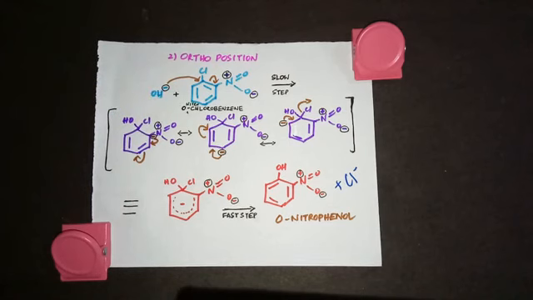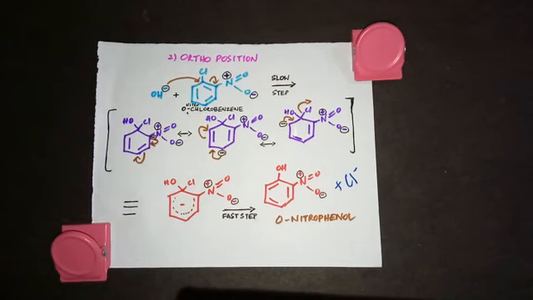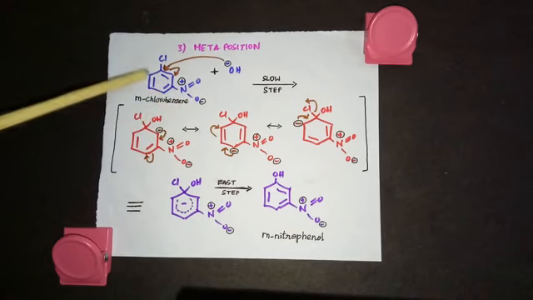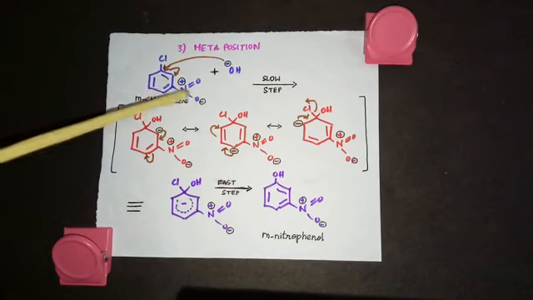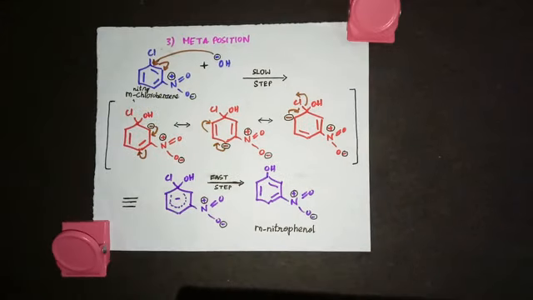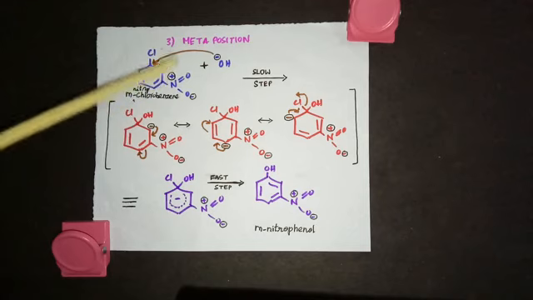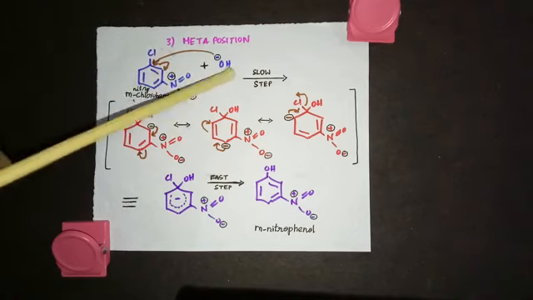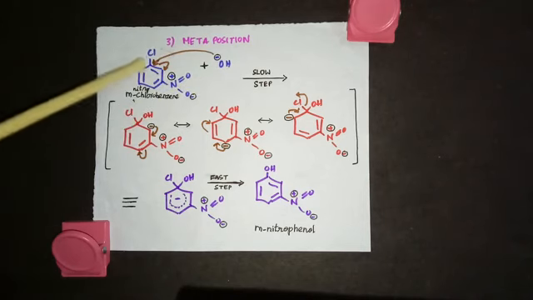Now I'll show you the meta position, because an electron withdrawing group, if it is present at the meta position, is not going to affect the reactivity of the nucleophilic substitution reaction, and let's see why. So now the nitro group is at the meta position. This is meta chloro, once again. So this is meta-nitrochlorobenzene. So now see the same way of attack. OH minus is the nucleophile. It is attacking the carbon to which the chlorine is attached.